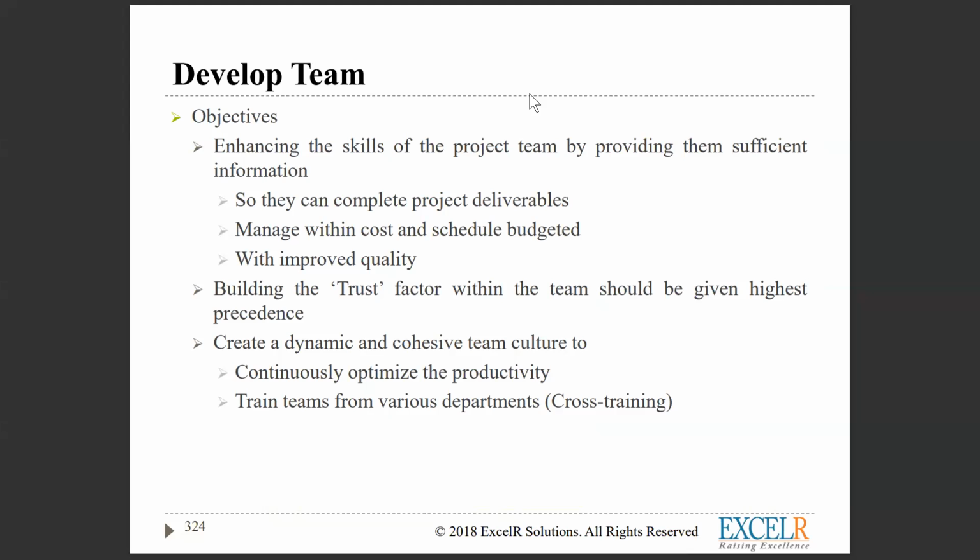And also, as a project manager, you need to ensure cross training is happening across your team. The reason why: let's say, for example, you have a critical resource working on some critical activity, and all of a sudden he is sick. So what will you do? You are going to jeopardize the critical path of your project. So you will be delaying your schedule because there is a dependency. You are creating a dependency factor on your project,